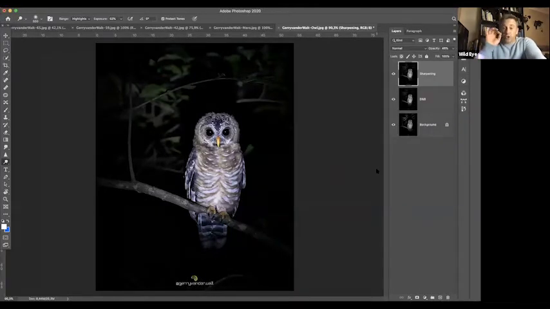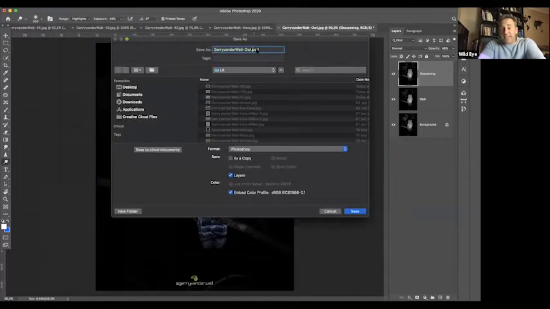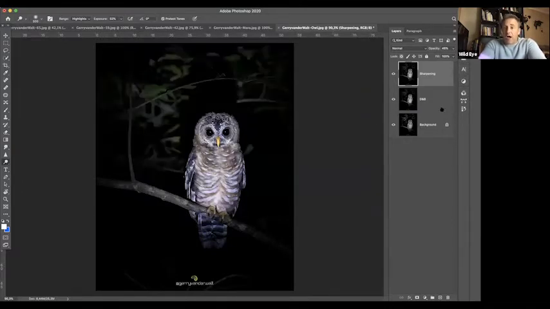Okay, so tour guy, if you are still here, if I wanted to save this to keep working later, I would save this file by going File, Save As, and then I would save it as a PSD file. When you open it, it will open with all its layers, right? But for now, we're not worried about that. So let's say I wanted to put this onto Instagram. I would then right-click, flatten, and save it as a JPEG.